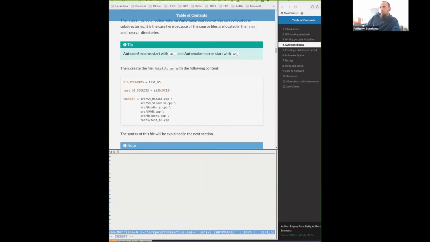So here, this bin programs means that the name of the program I want to build is this, and when I run make install, it should go into bin. Then this test h5 here, I put this name and then I append sources. So here I put the list of the sources that will be for test h5. So I can put it like this, or I can put a variable, and here I